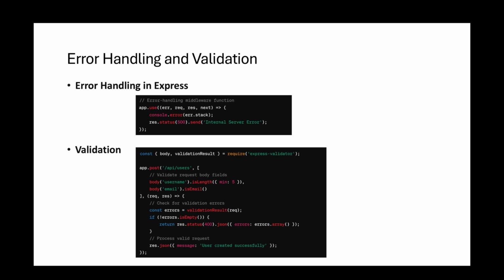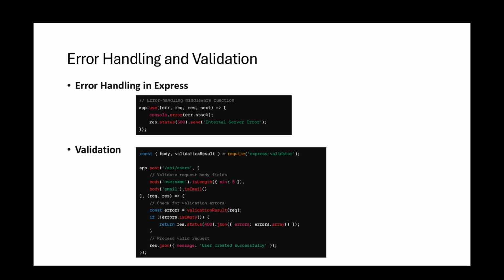Express does not provide built-in validation features, but developers can use third-party validation libraries such as Express Validator to validate request data. Example: const { body, validationResult } = require('express-validator'); app.post('/api/users', [ // Validate request body fields body('username').isLength({ min: 5 }), body('email').isEmail() ], (req, res) => { // Check for validation errors const errors = validationResult(req); if (!errors.isEmpty()) { return res.status(400).json({ errors: errors.array() }); } // Process valid request res.json({ message: 'User created successfully' }); });